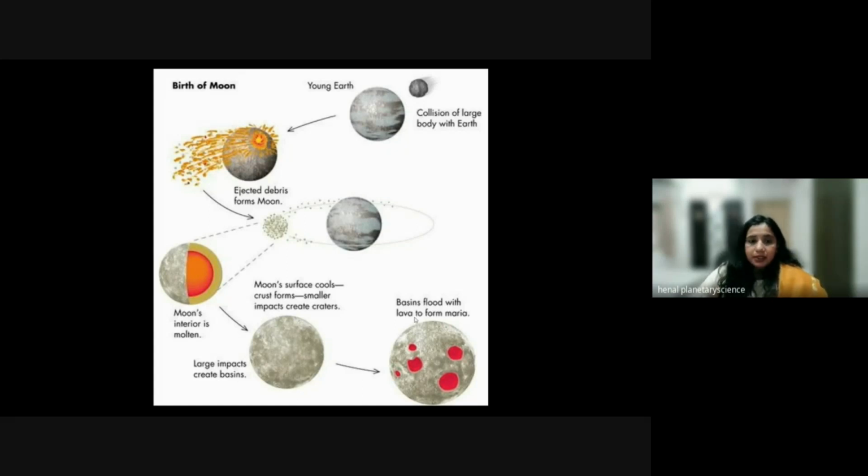So we will see a recent simulation presented by NASA on this collision of Theia with the Earth, and the second video will show how the moon evolved with time.